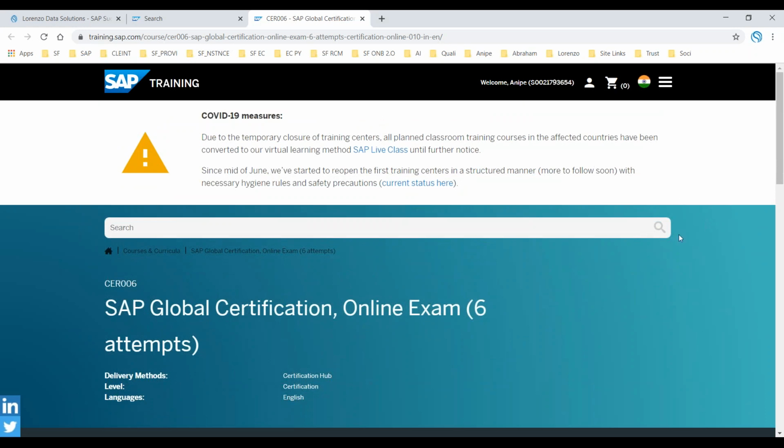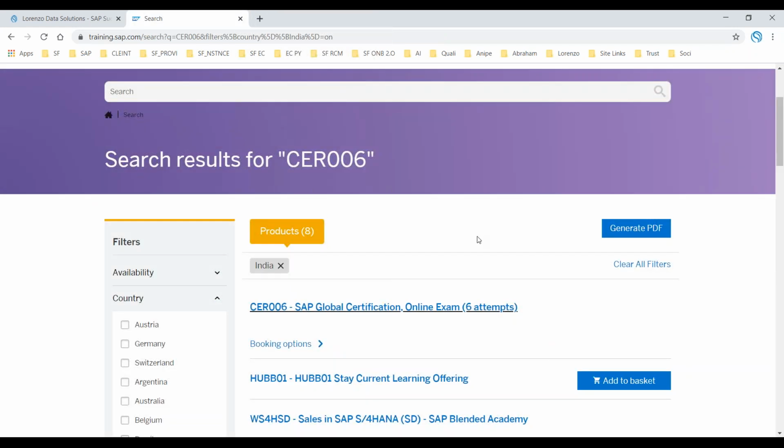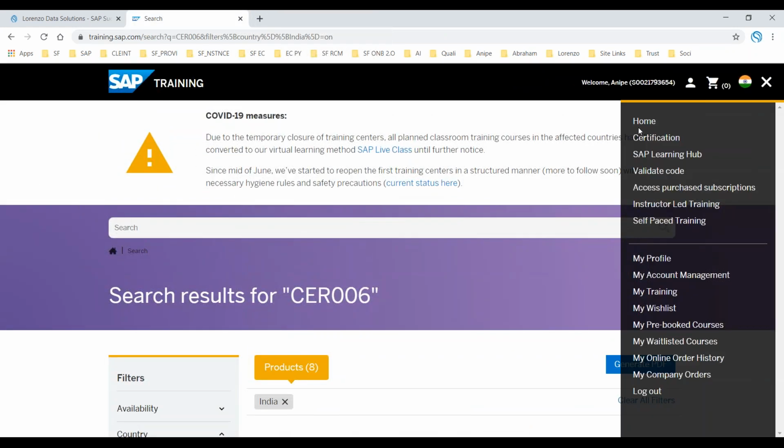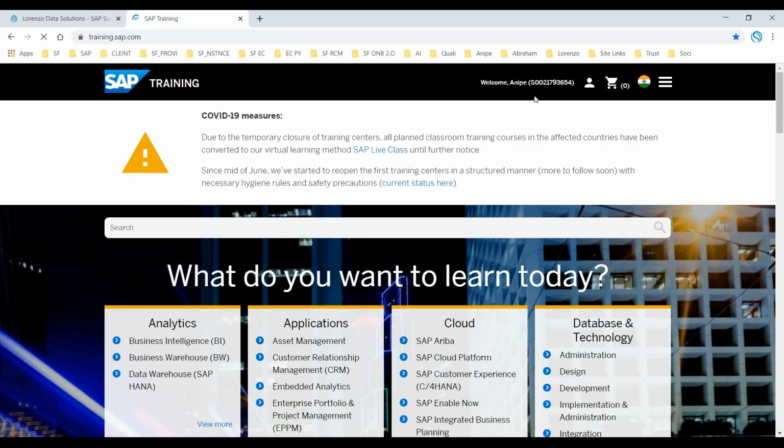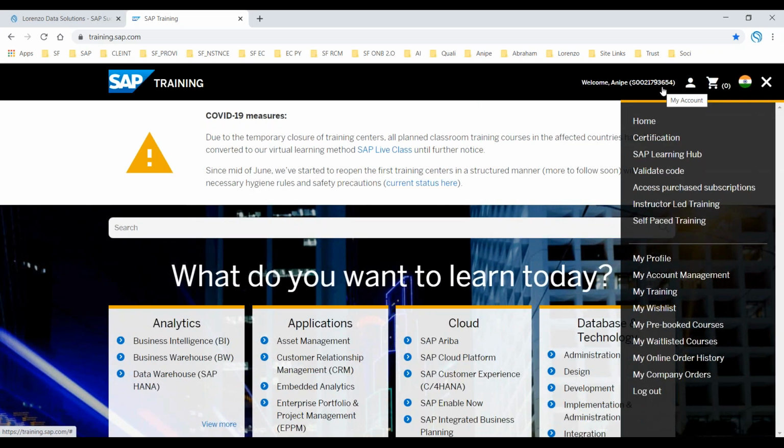Okay, so now you have registered successfully. Then where can you see it actually? Come back and click on your home button. So you have registered, you are on the Cloud Certification Hub, and first of all you will see to verify your name and verify your S user ID, right? So now what to do next? If you want to see the status of your Cloud Certification Hub, there is something called My Online Order History. So just go and click on it.